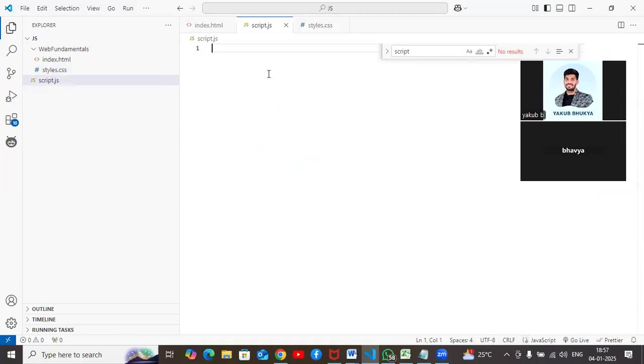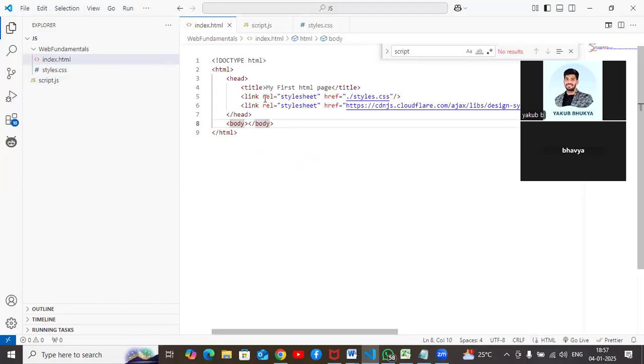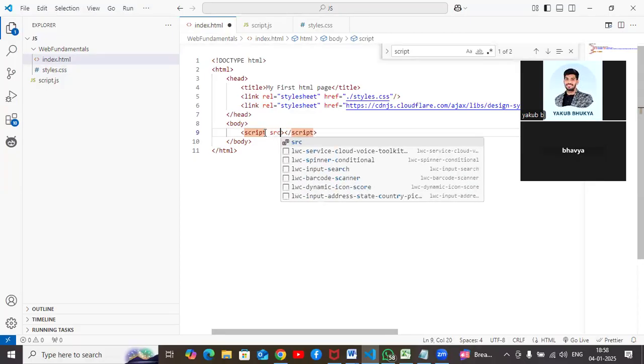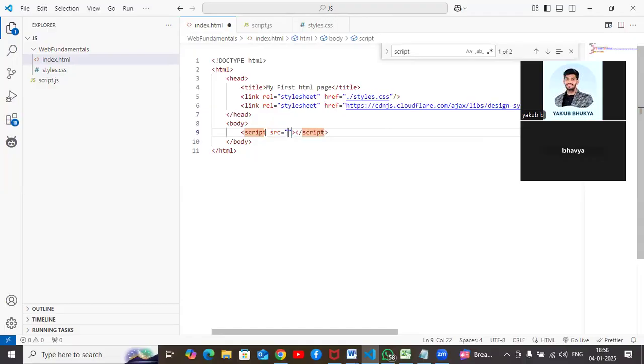Now I'm coming to script. I'm not writing any script. Initially, I have to add this script into HTML. So remember, we always add CSS in the head tag. Similarly, if you want to add a script file, we have to add it inside the body by taking help of the script tag. Okay, I'm taking help of script. Perfect. Now after adding this, whatever source file you want to add here, you can add that here. Source equals to,